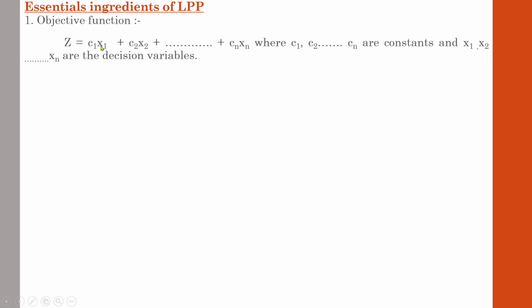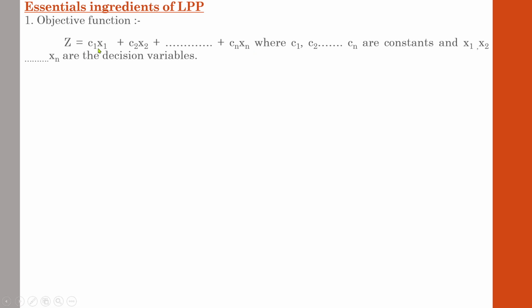If, for example, x1 and x2, these are the variables representing a certain product which I am dealing with. If I am a businessman, for example, x1 is the name of a type of biscuit, x2 is the name of another type of biscuit. If I am selling a third type of biscuit, there will be x3. So depending upon the nature of business, these variables will be there. x1, x2, x3, it will go on like that. Anyway, it will be a finite combination because by the end there will be Cn and xn.